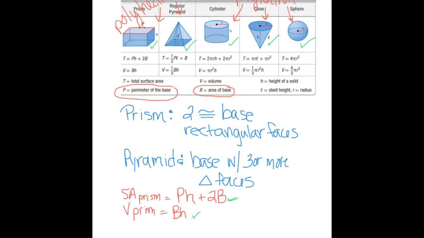So you're in 10th grade math. So you have to know these formulas. When we take a chapter test, which really is going to be on Monday, I will not give you the formulas for surface area or volume of these shapes. I expect that you know them. Okay, so let's do